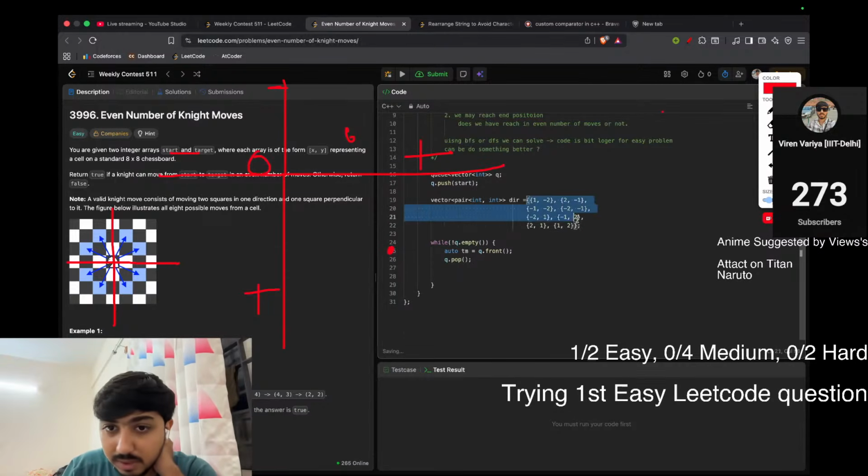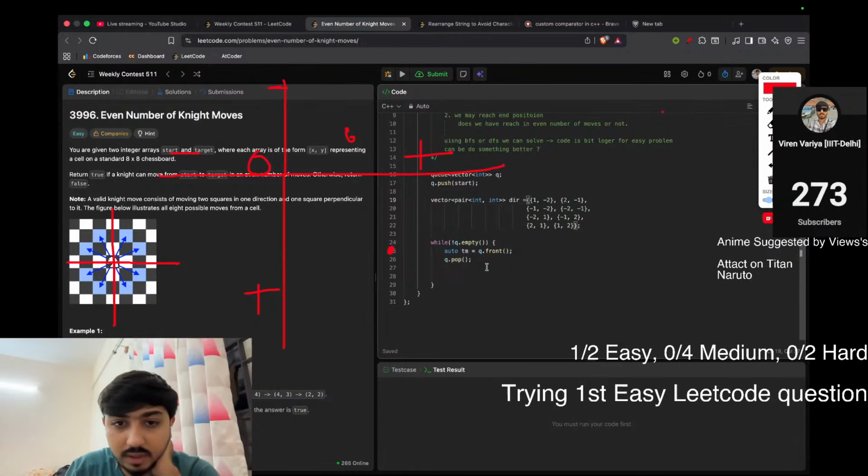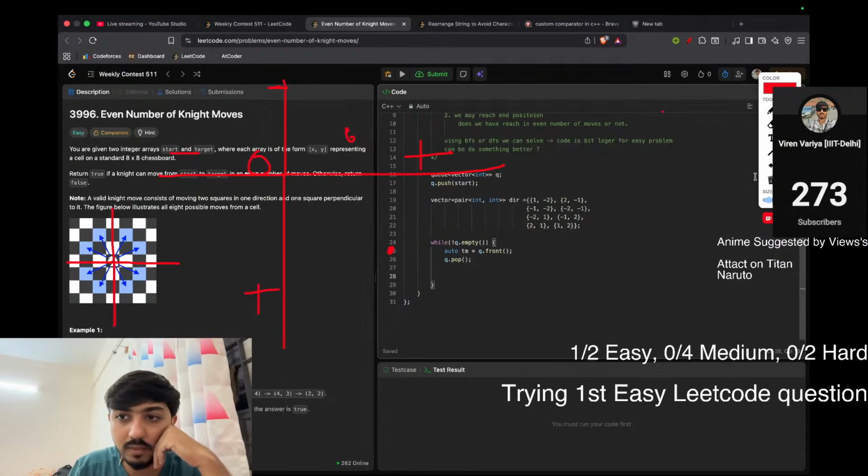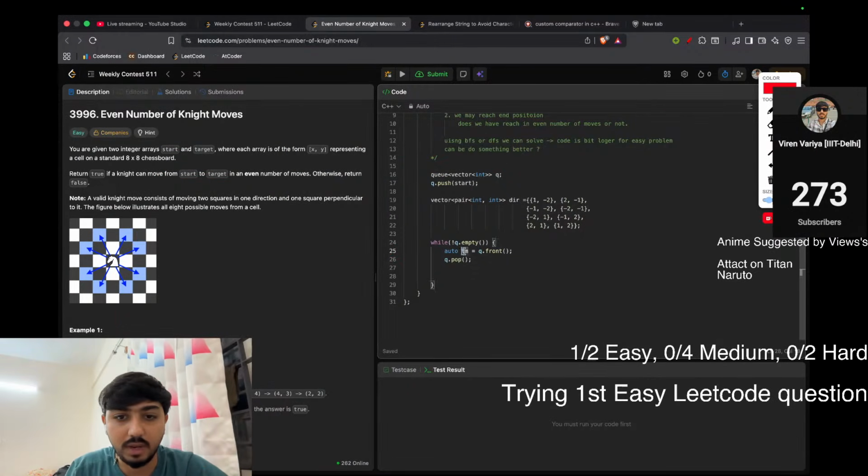I hope I didn't make any mistake here. Otherwise, everything is fine. So now let's explore. Let me just remove it. So we have TM, right? So what we can do is